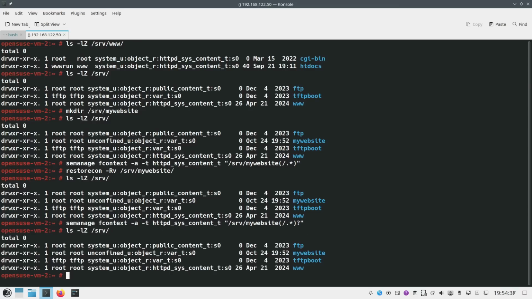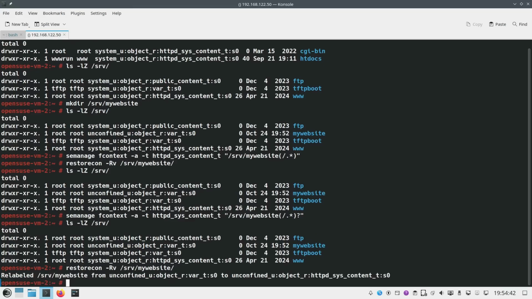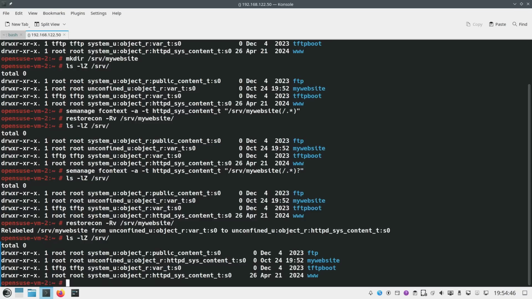And again, okay, run restorecon. So now it's relabeled, and when we check, here it is labeled with the correct label. So again, this command assigned the correct security label to the directory and its contents, allowing Apache to serve files